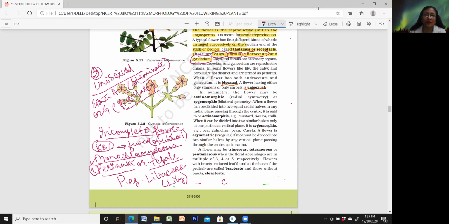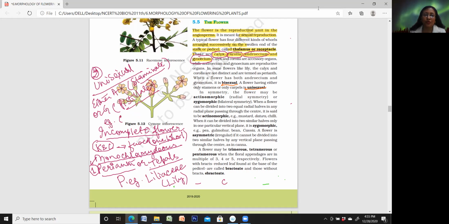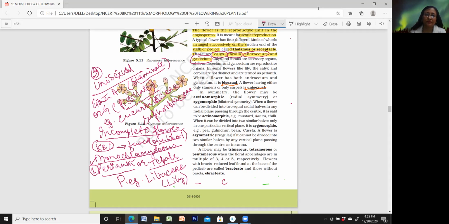And such flowers, any example, let's see, you find in cucurbits, you find in some Euphorbiaceae in fact family, like Cucurbitaceae also is a family. So in such families you find that unisexual flowers are present. And these are the incomplete flowers. Now, this is how it's given even in this NCERT also, you can see.